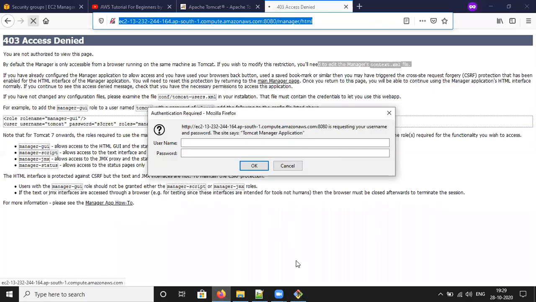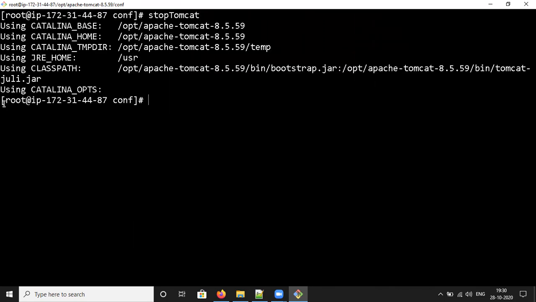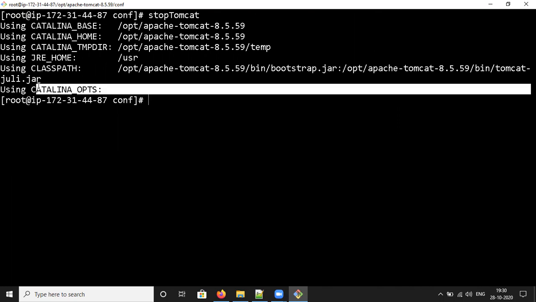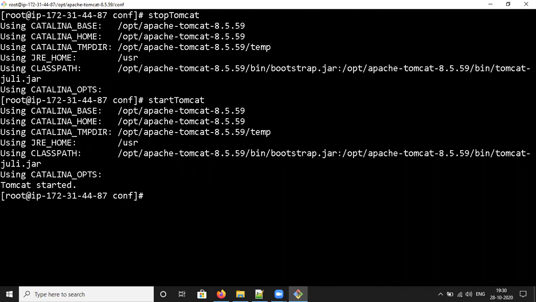Now you can try to access, but restart Tomcat first before accessing. Stop the Tomcat. See, Tomcat stop and again stop. Start the Tomcat.